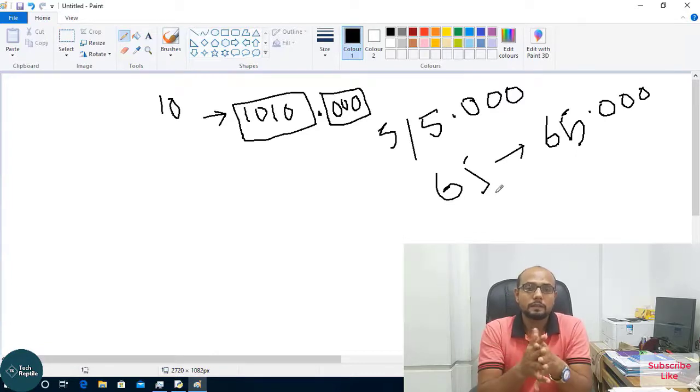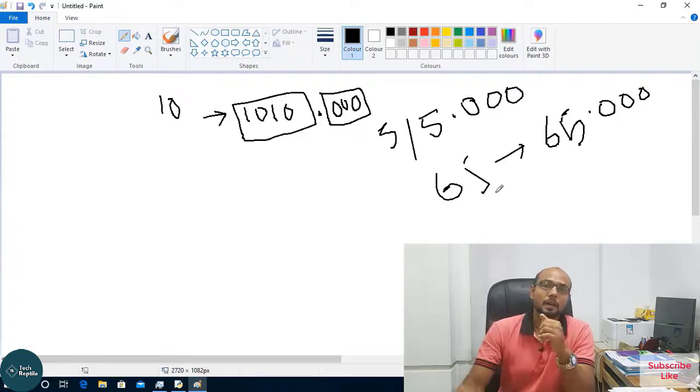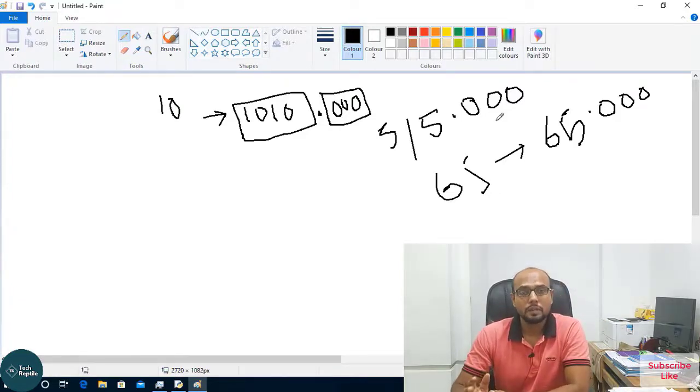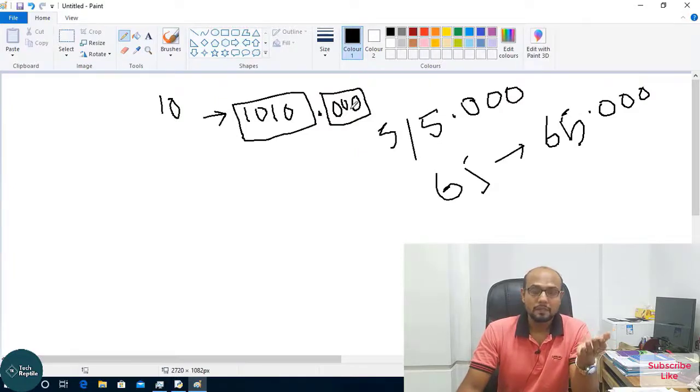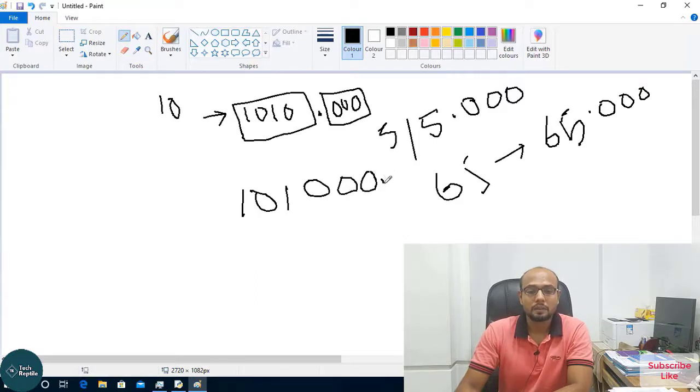We can say it like this. When we work with the left shift operator, our 10 will shift to the left side and we will gain 2 bits because we are shifting 2 bits. So the bits will be like this, gaining 2 more bits, and after that you get the dot.